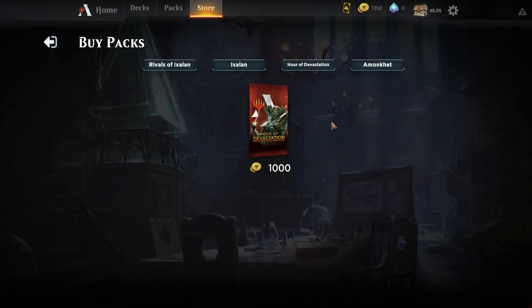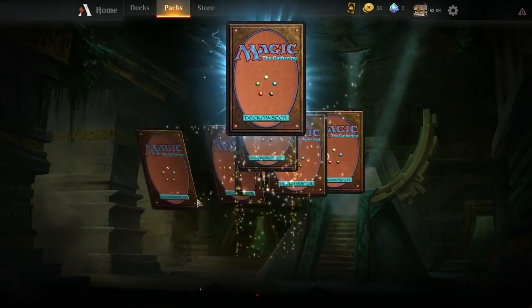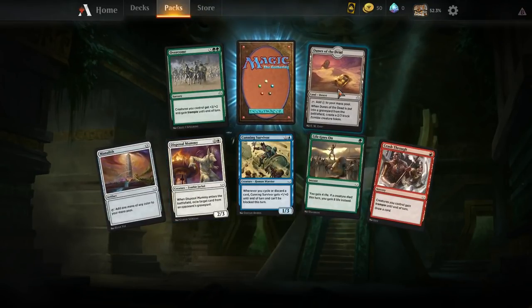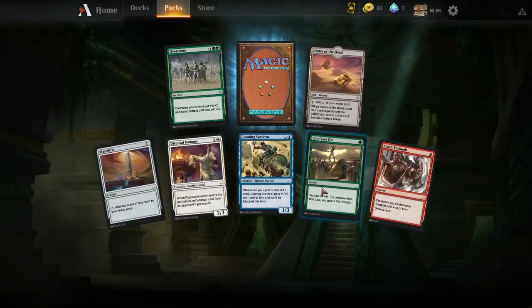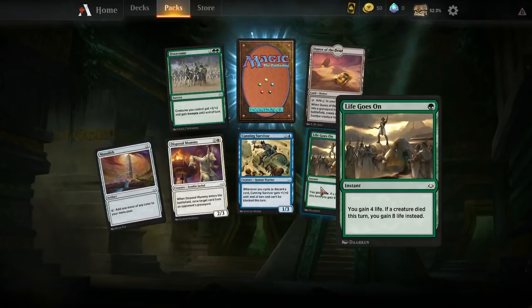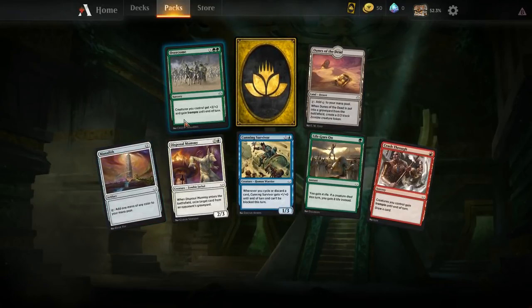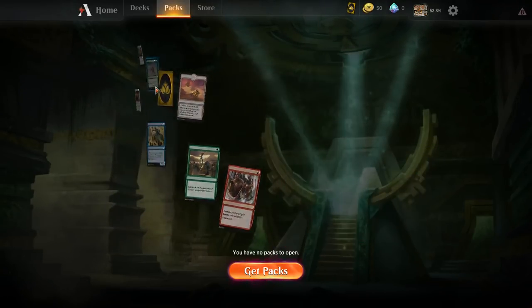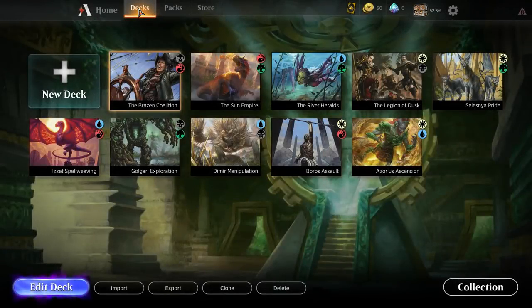I want to go with one of the Amonkhet sets. Let's go with Hour. Alright. Dunes of the Dead. That feels good. It's tragic. Alright. Oh, so our rare is any rare we want. Okay. Well, I think what I am going to do is...